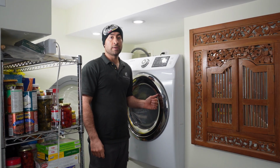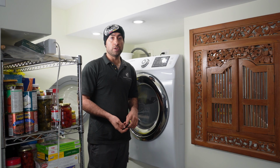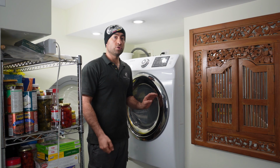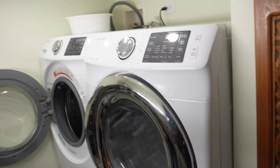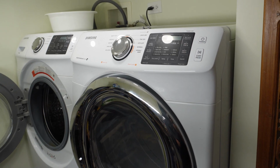Today I'm working on the Samsung dryer. I will be replacing a heat element, idler pulley and 4 roller wheels, and I'll show you how to do this today. In order to replace these parts, we need to unplug the unit, which I turned off from the breaker already,